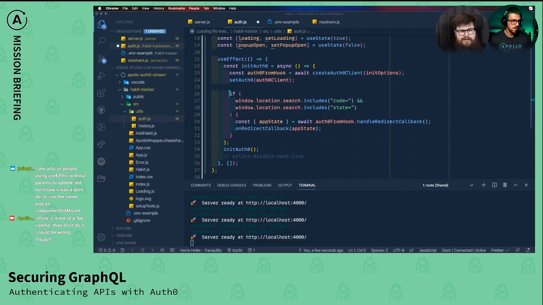If the app has just been redirected from Auth0, it's going to have these things in the window location. It's going to have code and state, because that means Auth0 has sent us a code which we then exchange for the token. So we check for the code and the state, and if we do have them, then we're going to